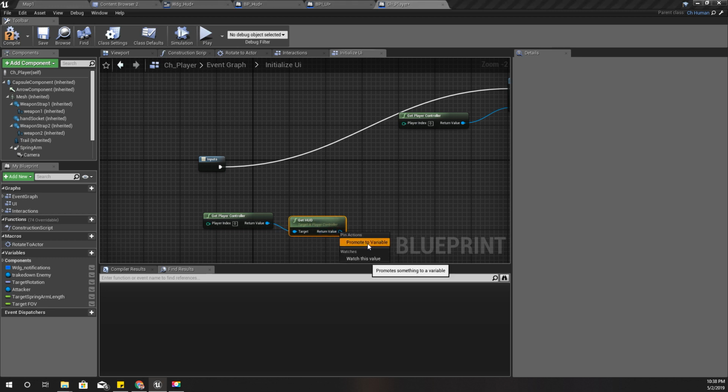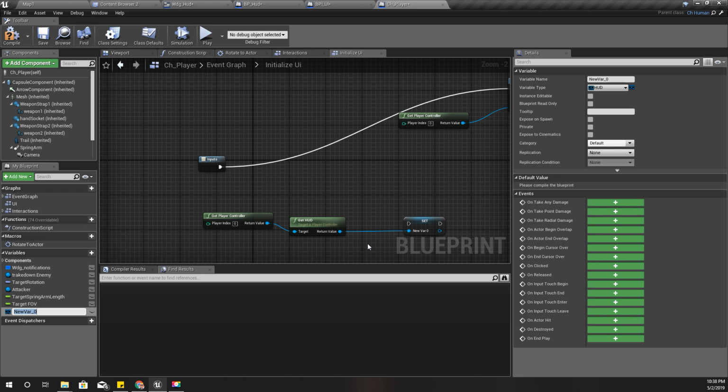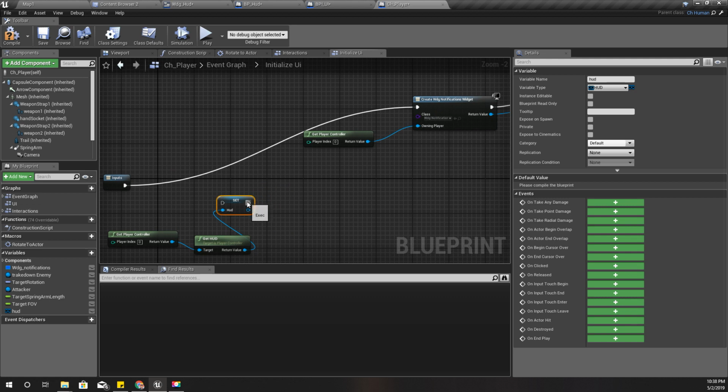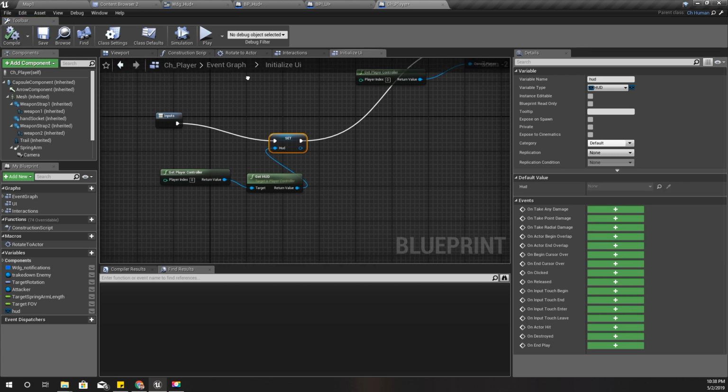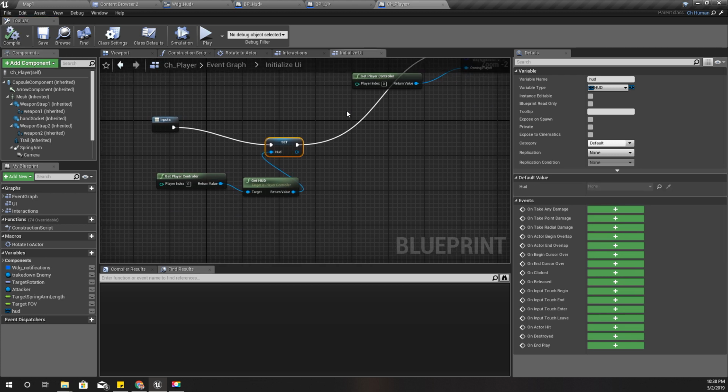Let's promote this to a variable. I'll call it HUD. Now I have the HUD, and